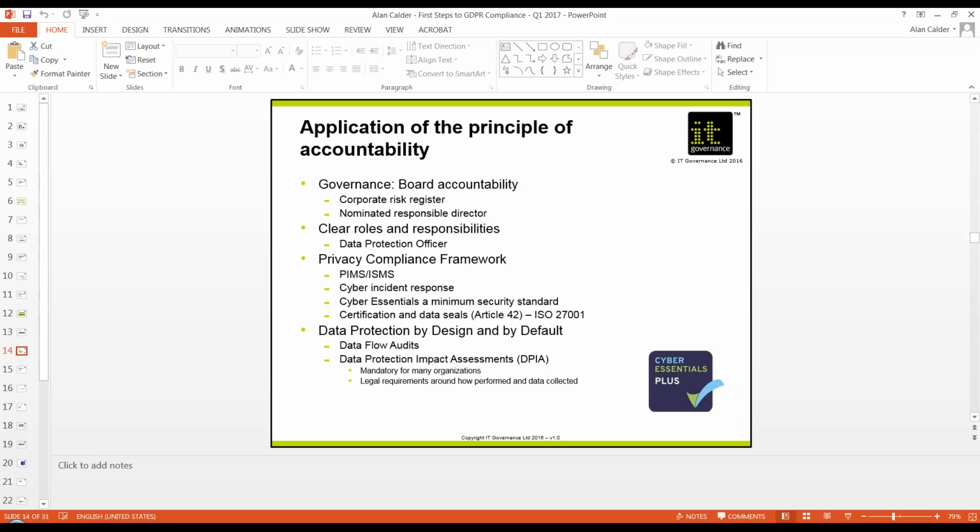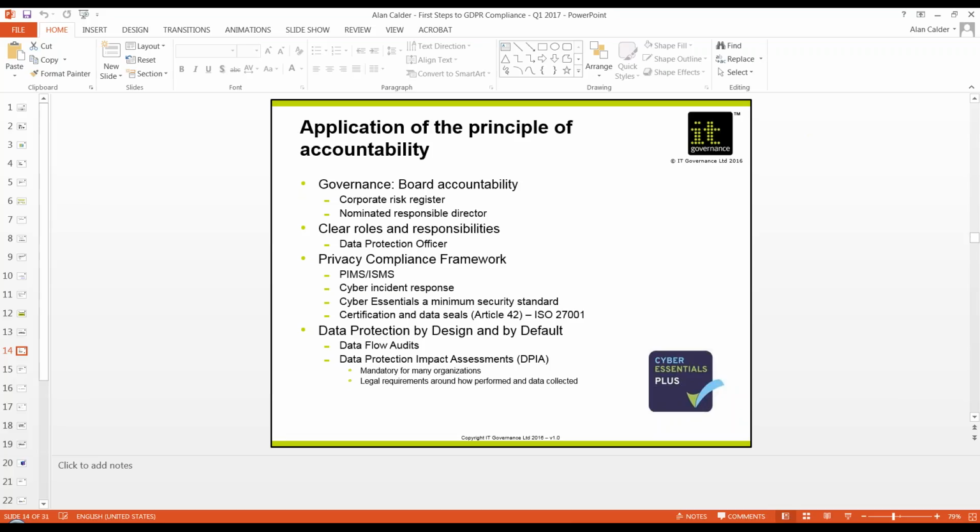You also need to have an effective method of dealing with cyber incidents. Remember, you have to report within 72 hours, so you need to know that you've had a breach. You need to have tested out how you're going to respond. Wait until you get there is a bad idea. Test it beforehand. Information Commissioner suggests that Cyber Essentials is a minimum security standard, and for those of you who